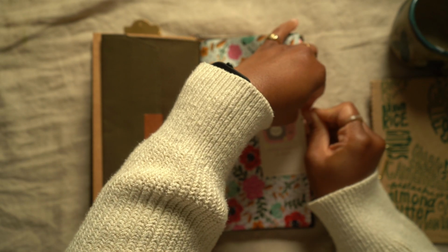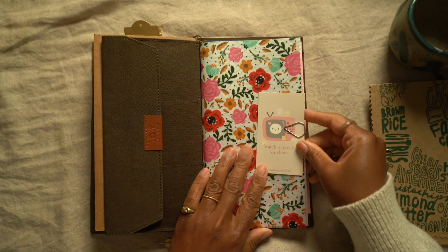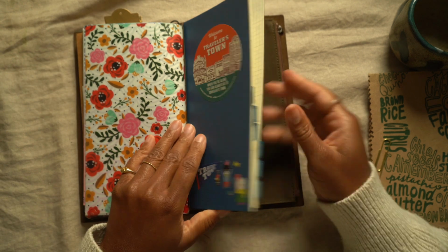Come on, Krista. What is going on with this paper clip? Oh, got it. So that's that. And then the final insert is me trying to use